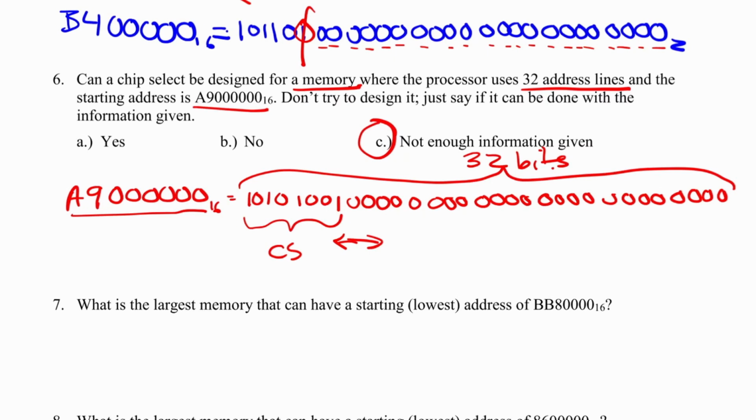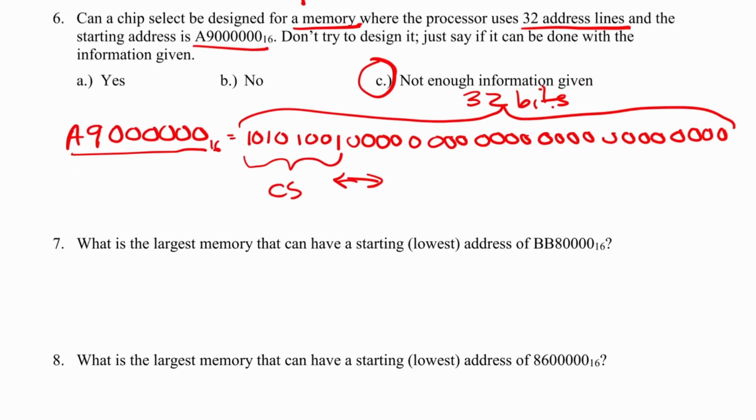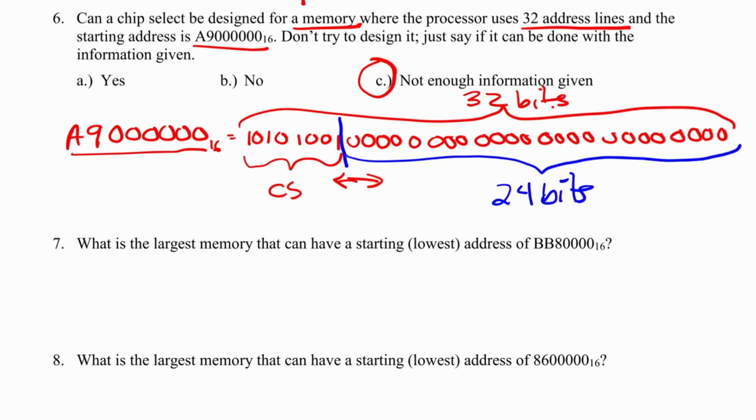Now, as kind of a preview for what we're going to see in problems 7 and 8, if I did have this as a starting address, what's the largest memory I could put here? Well, remember from the previous problem, all the bits of the starting address that go to the memory device need to be zeros. So I have 1, 2, 3, 4, 5, 6 nibbles, or 24 bits worth of zeros there,